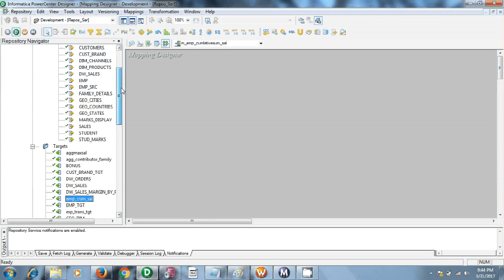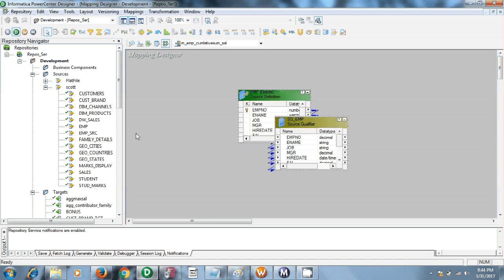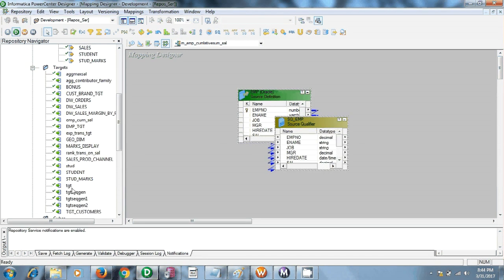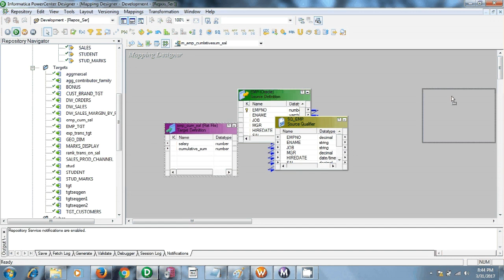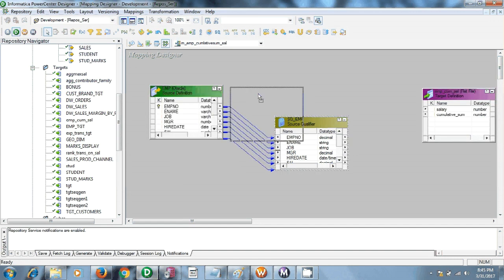Take your source, employee, and target, drag and drop. So this is your source, by default the source qualifier you can find, and your target.